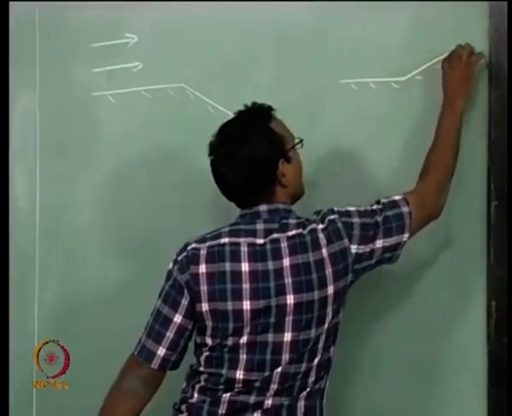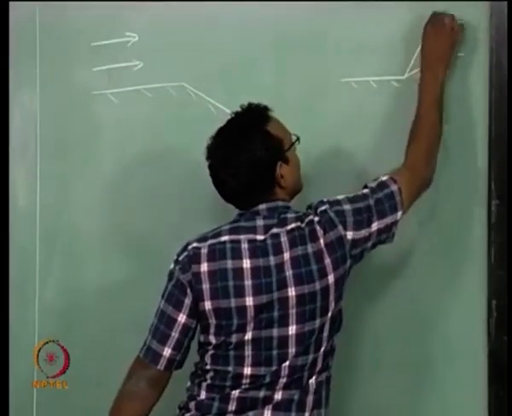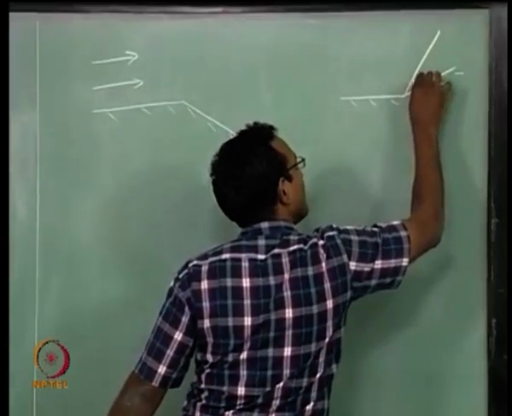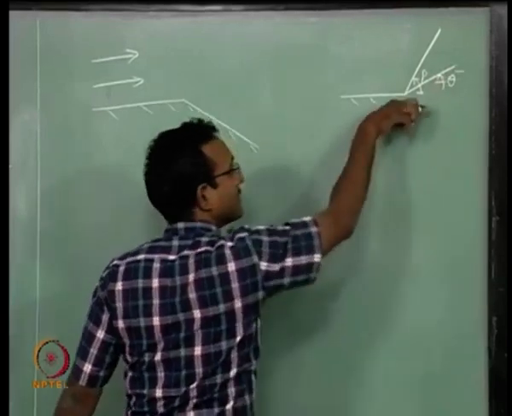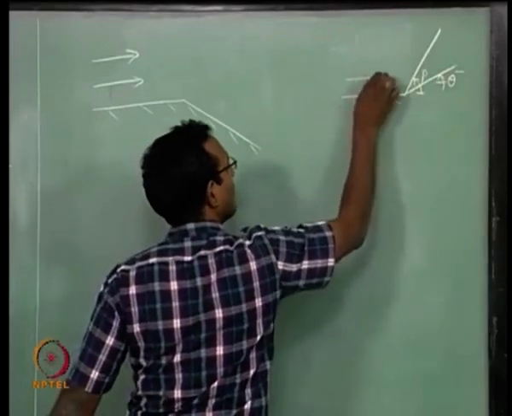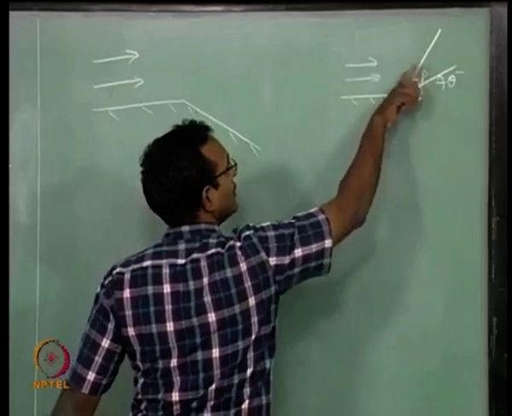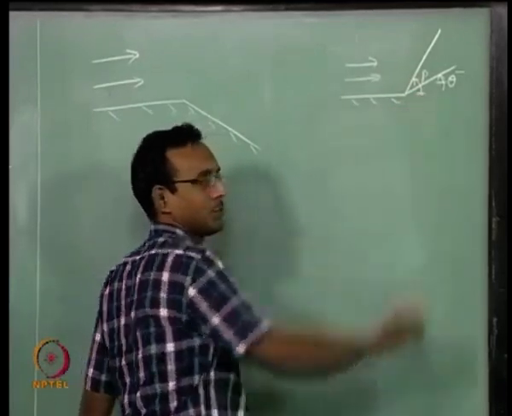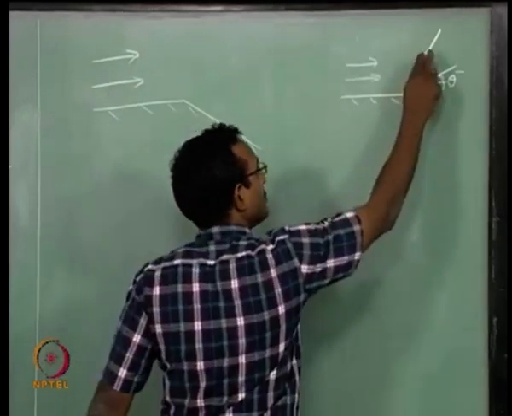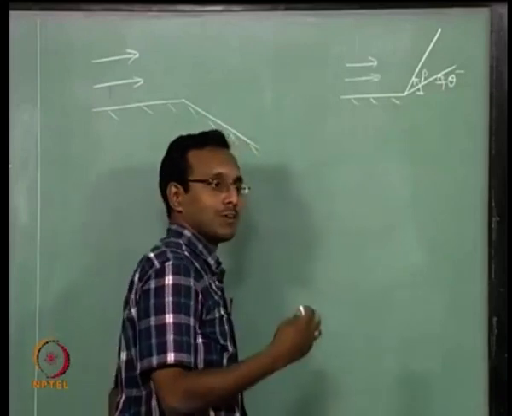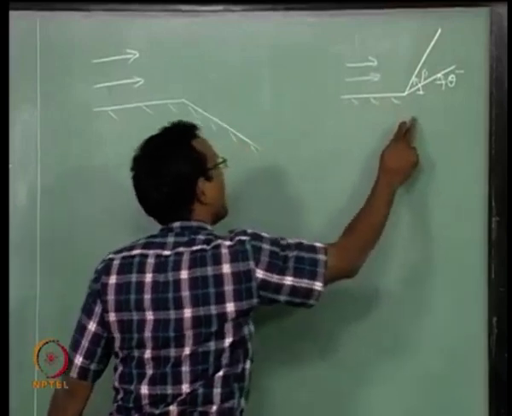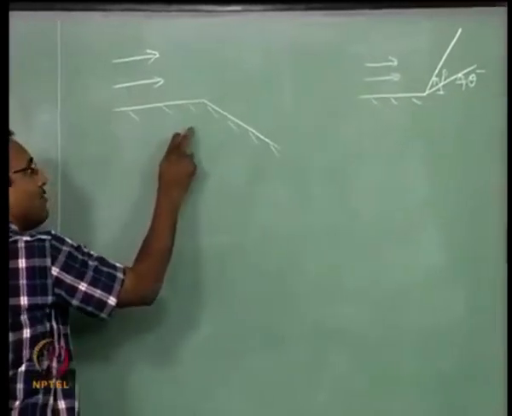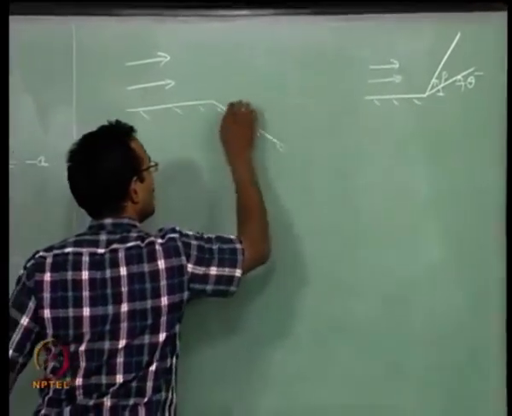Last class I told you, right? This is your deflection of the wall into the flow field. Flow is coming like this, the wall moves into the flow, the flow sees it as an obstruction, and this becomes a compression wave, and the whole bunch of compression waves come together to form a shock.